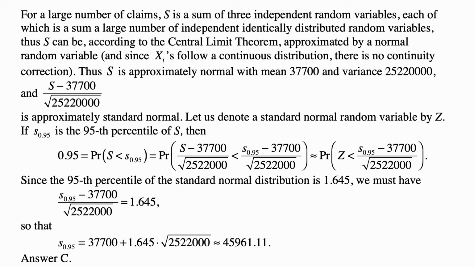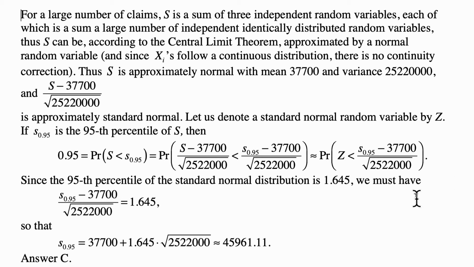And because we are able to approximate the distribution of standardized S with standard normal random variable Z, this is approximately equal to the probability that Z is less than S.95 minus 37,700 divided by square root of